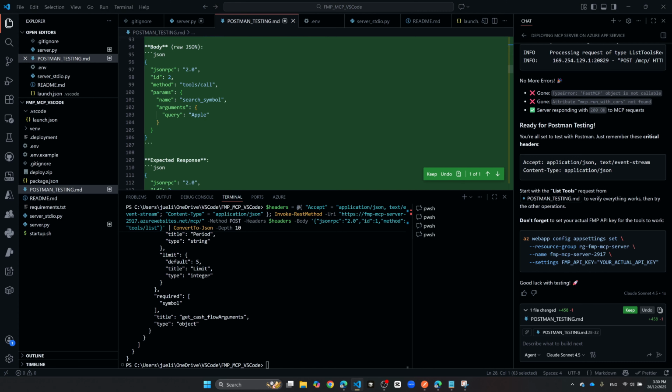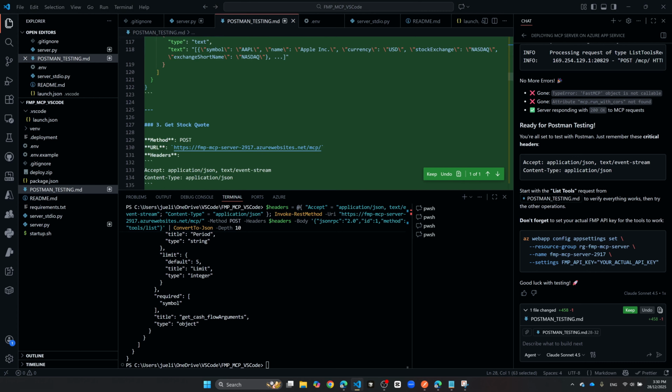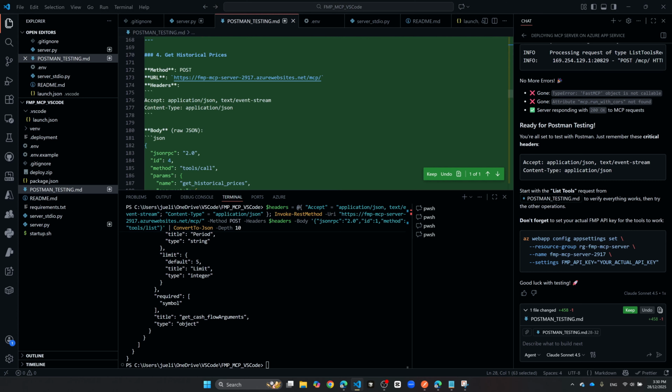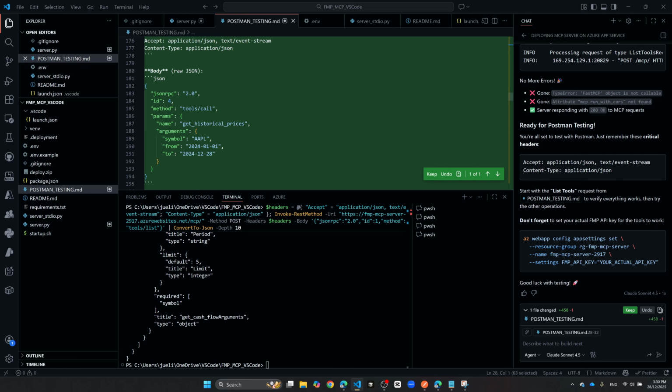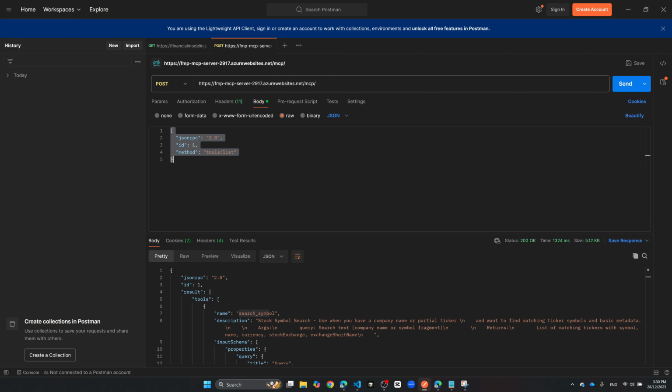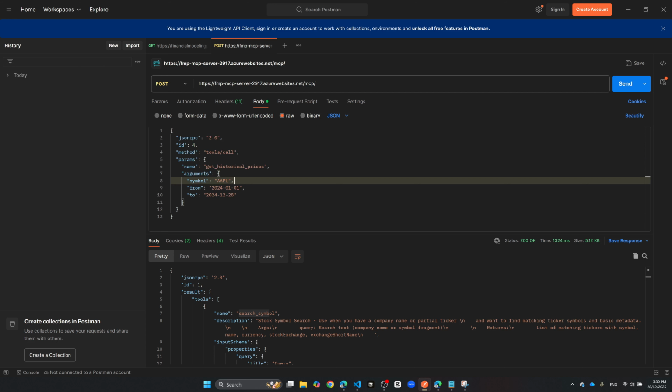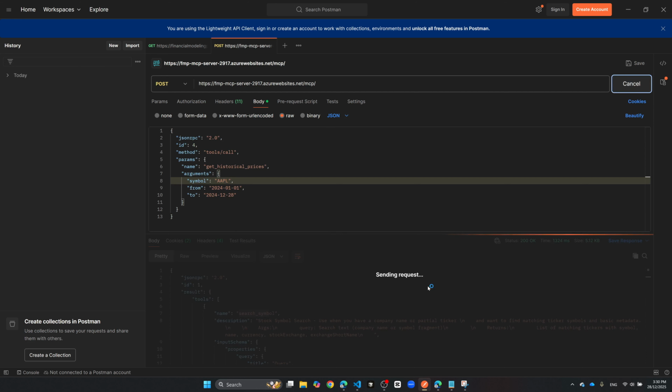Maybe let's try that symbol, that stock quote. Historical price. Okay, let's do this historical price, and we just need to simply change the body. Everything else remains the same. Change your body, and we are quoting Apple. You can change the other symbol if you want. Go send,